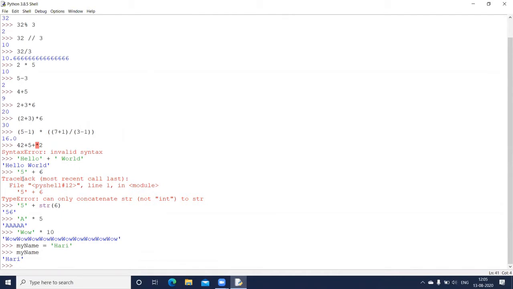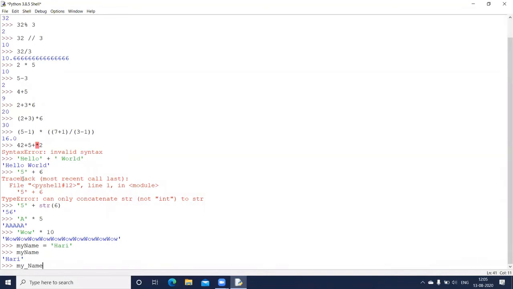Now there are some rules which you need to follow while naming. The first rule is it can be only one word. You cannot have multiple words. Suppose I cannot write my space name. This becomes multiple words, and it's not allowed. If you want to combine multiple words together, you have to combine them using a special character, which is the underscore character. So a variable name can be my underscore name.